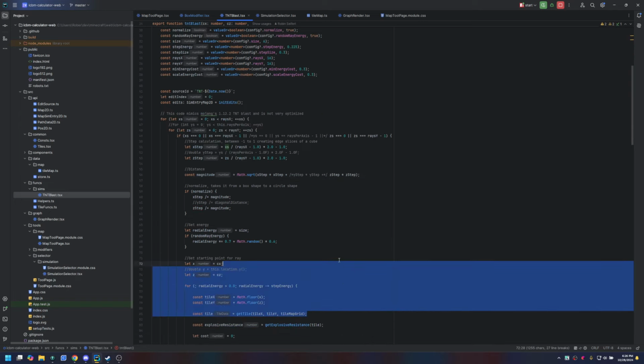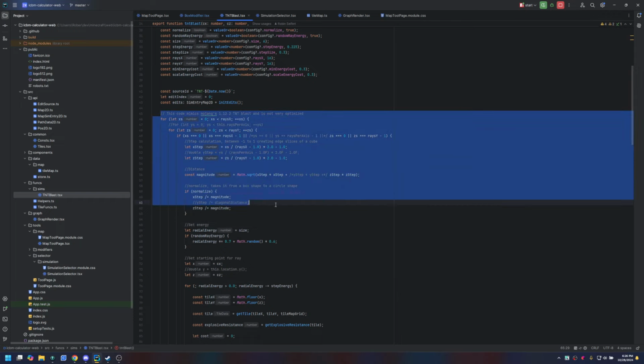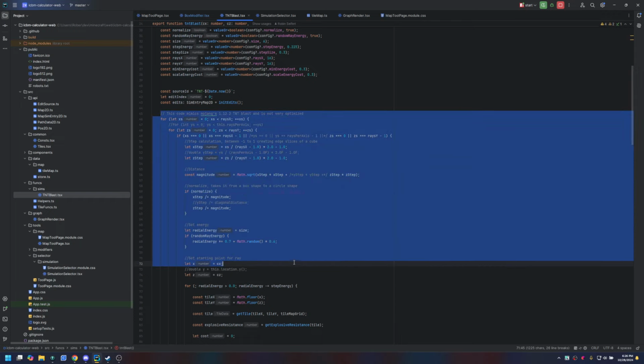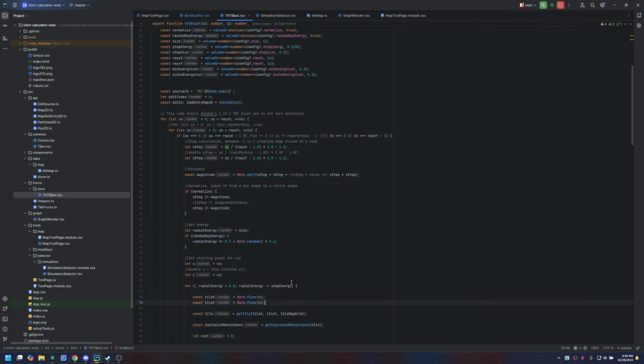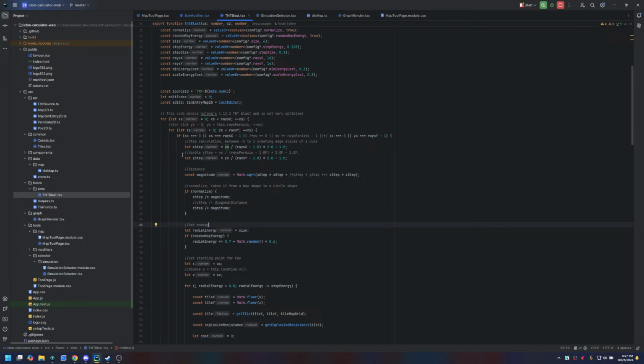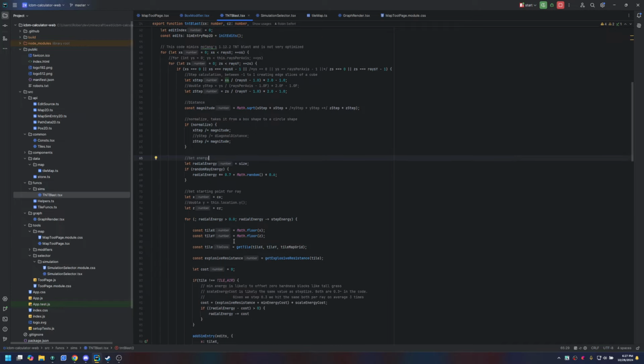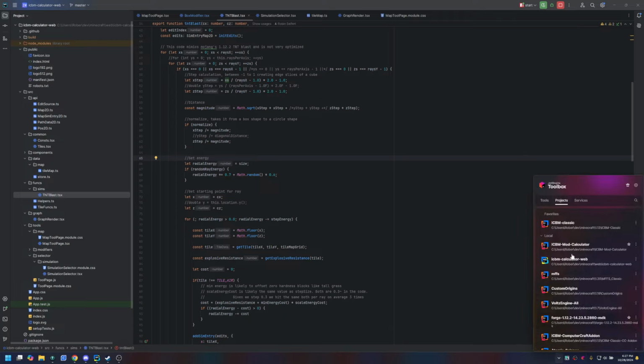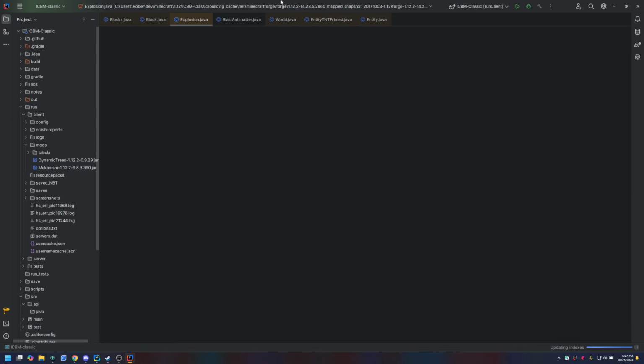So this code internally from these for loops and so on is a simulacrum of what their code does. I've modified things. For example, I've allowed myself to turn off the normalization. I've renamed some variables to make it more readable. I've changed all kinds of stuff. So if I actually go and find my actual ICBM project, I can show you what TNT's code normally looks like,